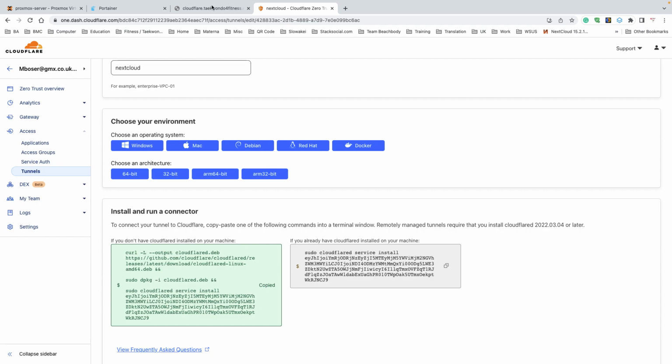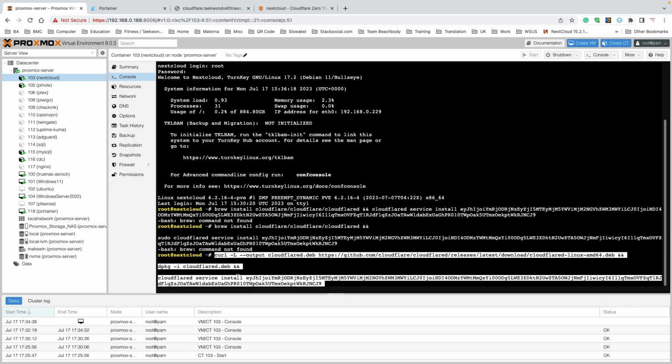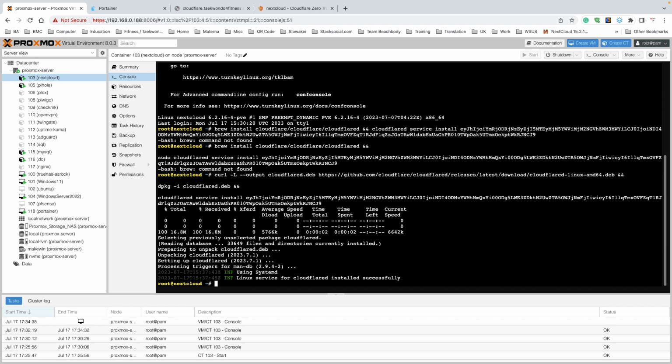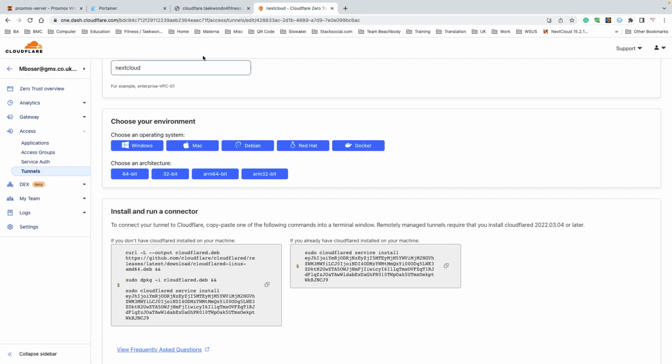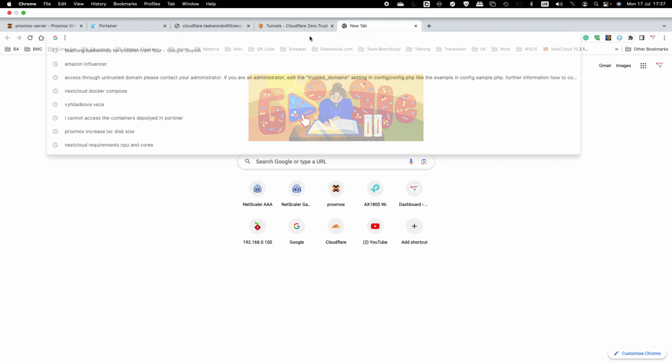Who can read has a clearly big advantage. So I just used the wrong command. Let me modify it first and take the sudo out, because sudo is not needed. And once, boom. Now it is downloading the files. And once this is installed, I should see here under tunnels that my tunnel shows up. And you see it is healthy. So theoretically now,